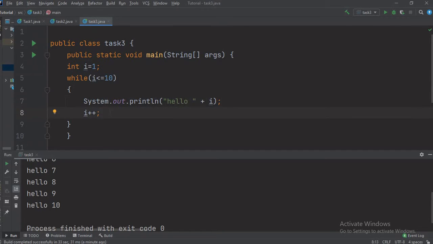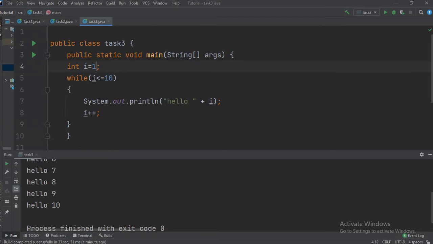And then the value of I is incremented, becomes 2, and then again we will check the condition 2 less than equal to 10. Yes, again the condition is true. Then again this particular statement will be executed and it will be printed as hello 2. Then again the value of I will become 3, and in this way this loop goes on until it prints hello 10. Then the value of I will become 11, and then we will check this condition as 11 less than equal to 10. Then the condition will become false and we will come outside the loop. So this is basically the concept and working of loop.